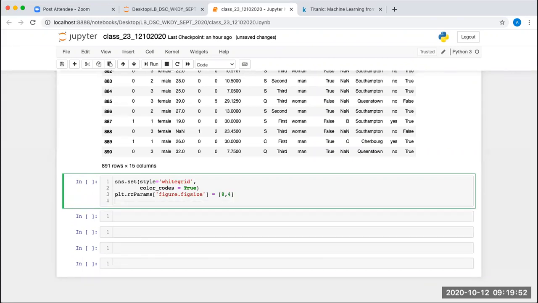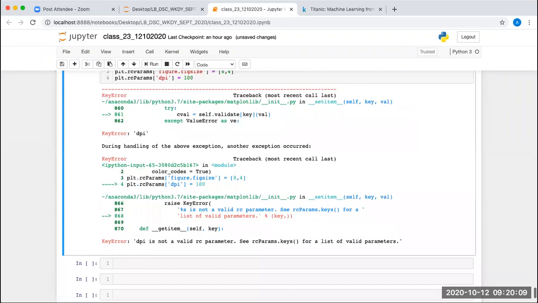And next in plt.rcParams we can set the DPI also. Let's say I want to set the DPI as 100. Execute this. Not a valid RC parameter. It is figure.dpi.